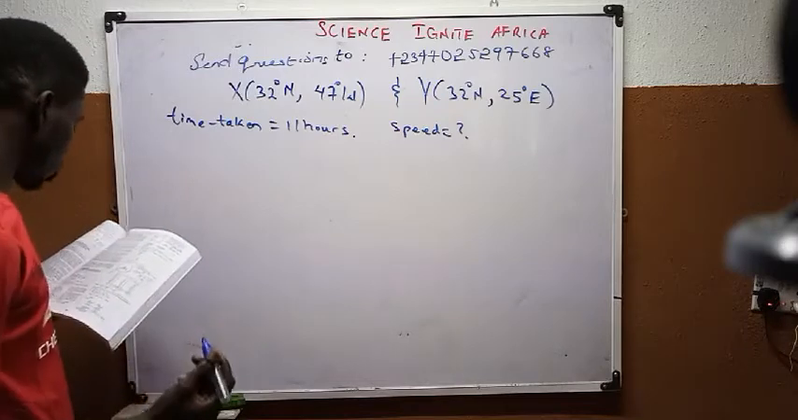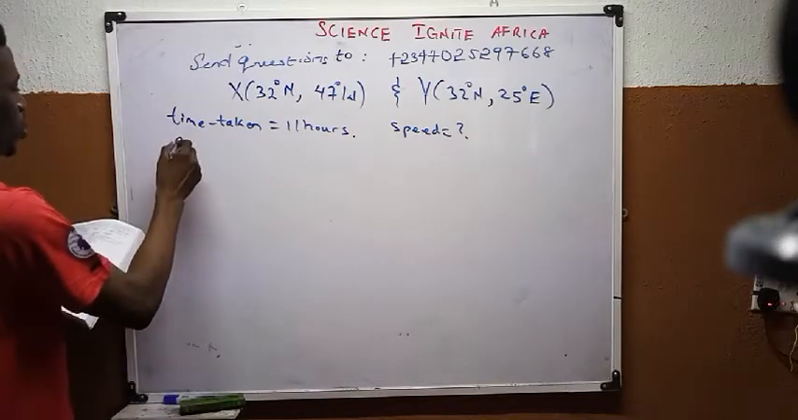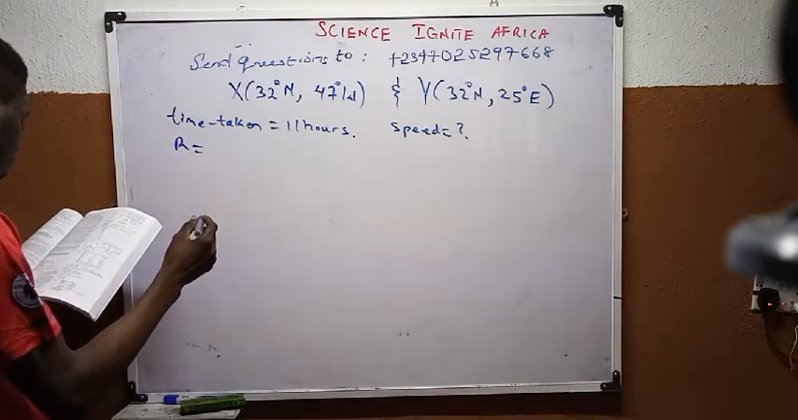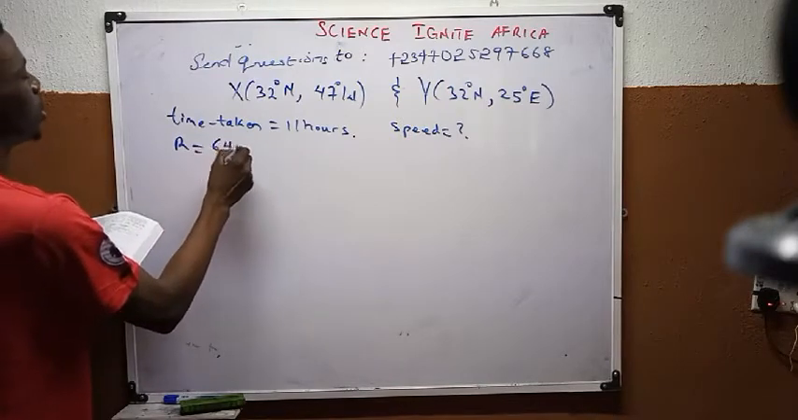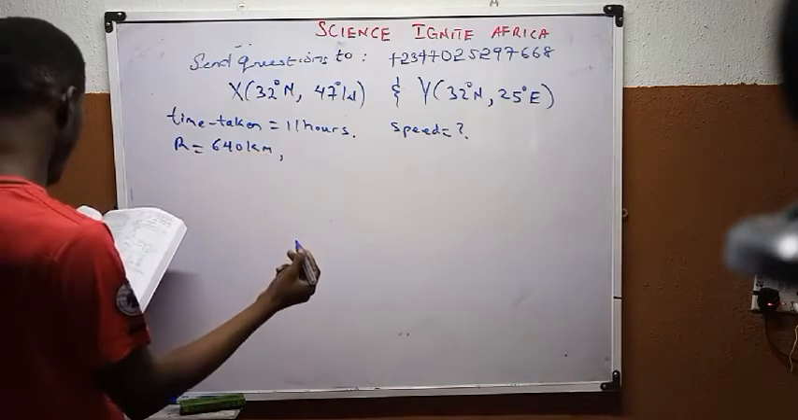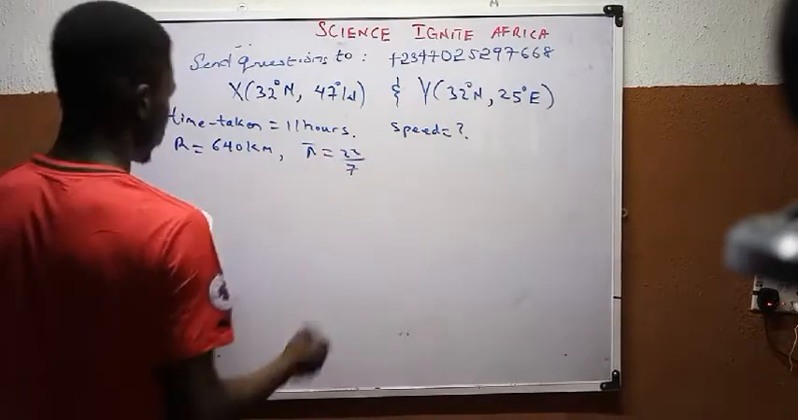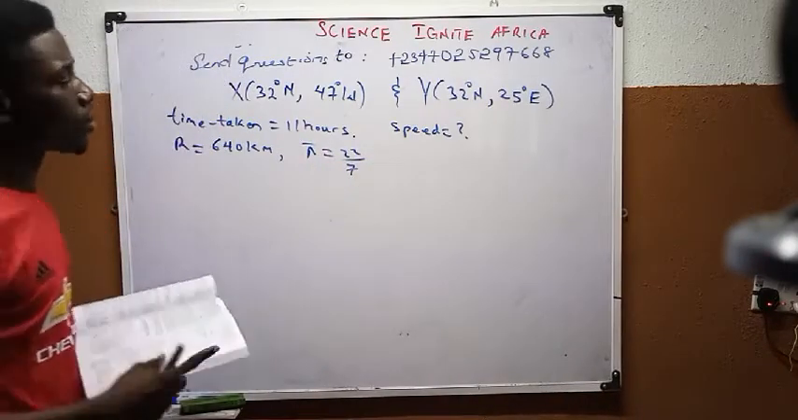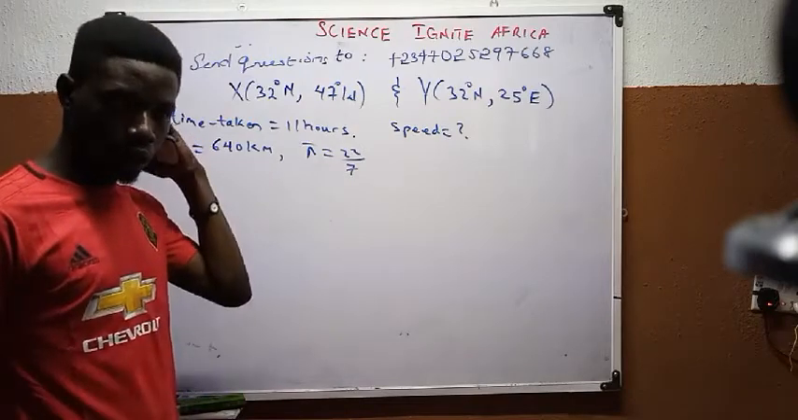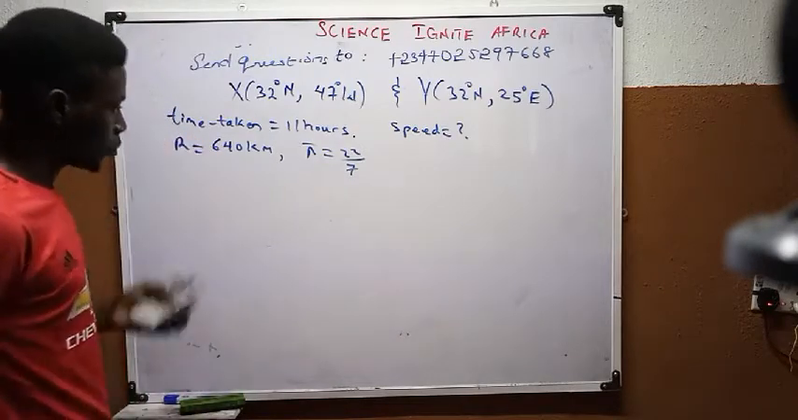And we're given there that the radius of the Earth, our big R, is 640 kilometer. And we're given pi. Our pi to be used is 22/7. Now, this is a question of longitude and latitude. Now, what we do is that